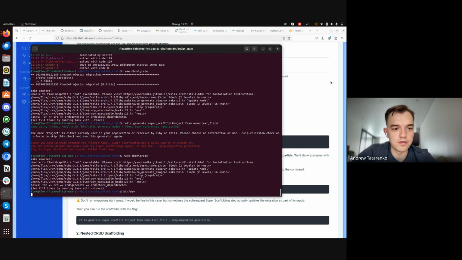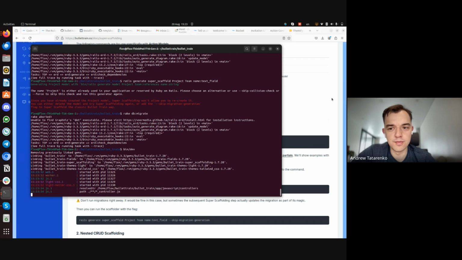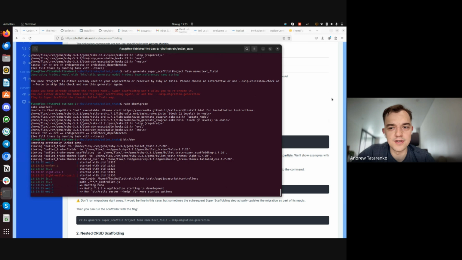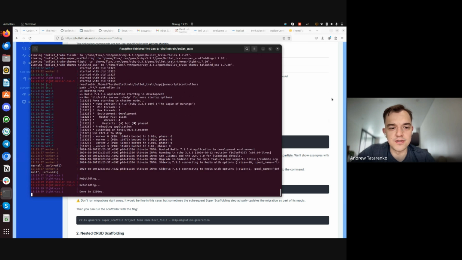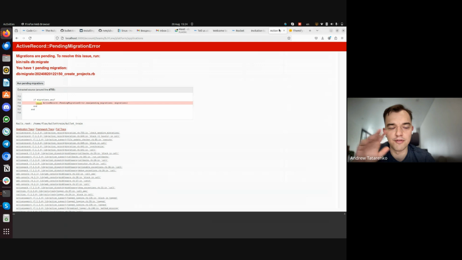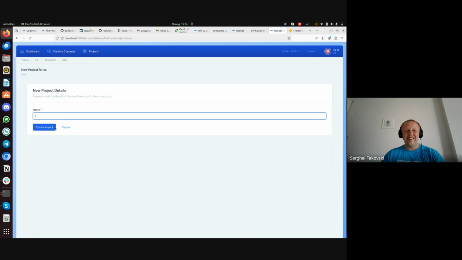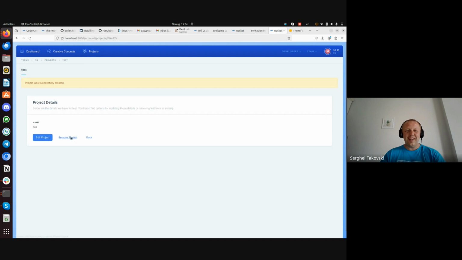The goals of the server. It just can't find GraphViz, but GraphViz is a tool for building schemas, like database schemas. And if you had GraphViz installed, this tool could also help with building a graphical visualization of a schema. So it's not a problem, because here you can see our projects. Project created. So you see how simple it is